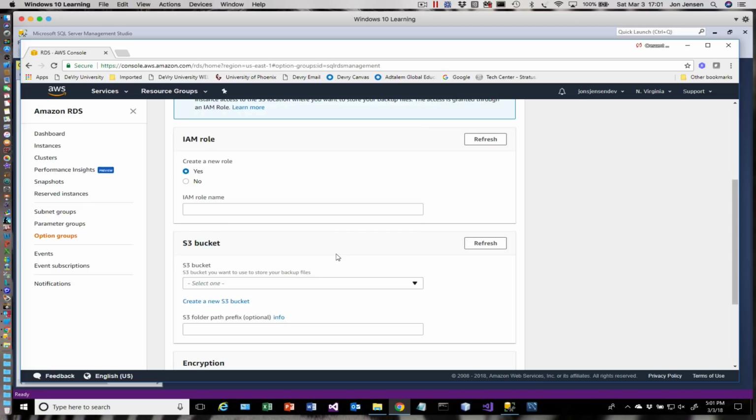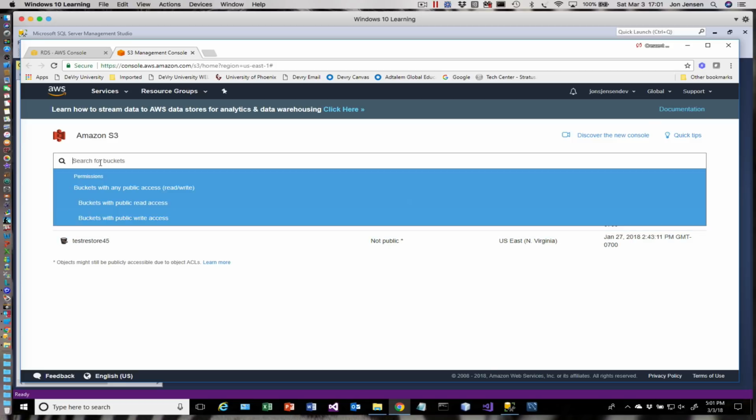Okay, we're not going to be able to restore our database from our local hard drive. So we've got to get it up into the Amazon environment somehow. And the way that Amazon wants you to do that typically is using S3. Think of S3 as basically just a big file system out there that you can use that's private to you. So we have this S3 bucket down here, and this is where we're going to put our backup that we can restore. So click Create a new S3 bucket,